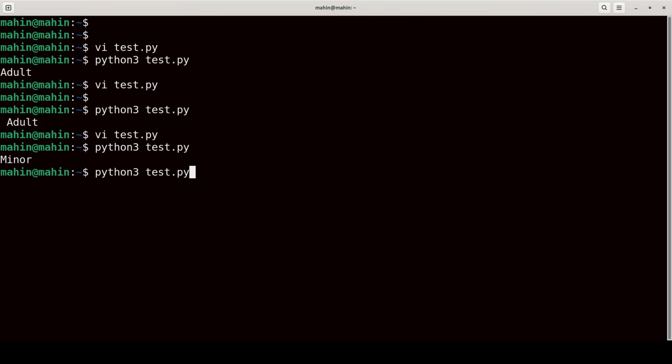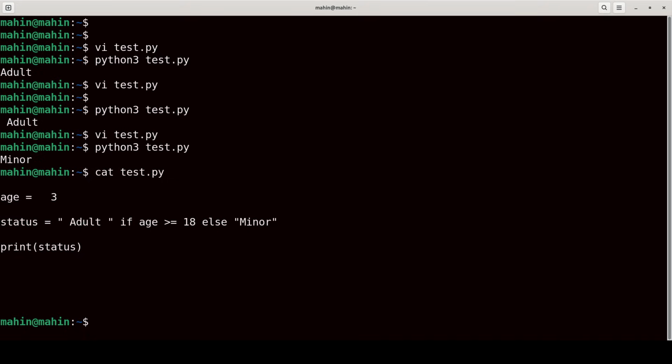This is how to use ternary. This is called the ternary operator. In the Java language it also exists, with a different syntax, but the concept is the same. So this is the code, and you see it is 3. If this condition is true, then it will print adult, the left side. If the condition is false, it will print